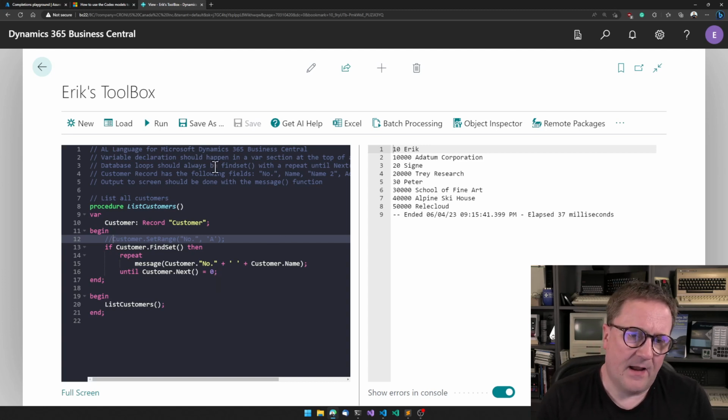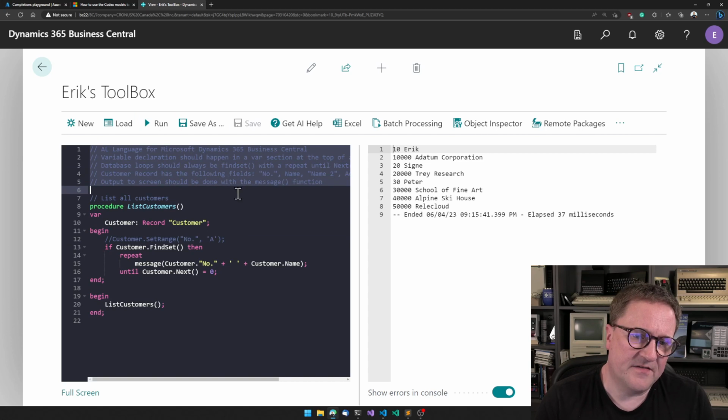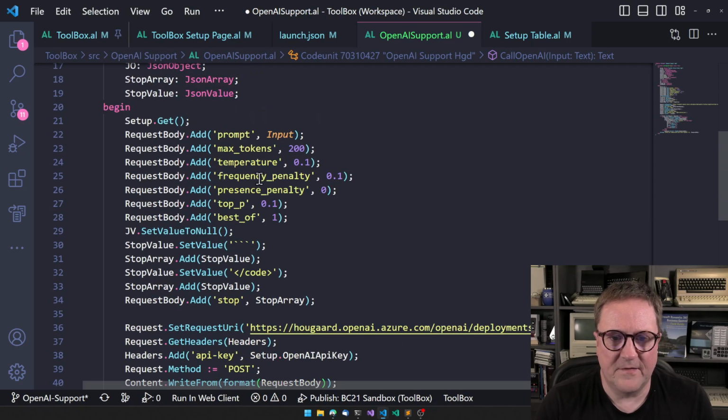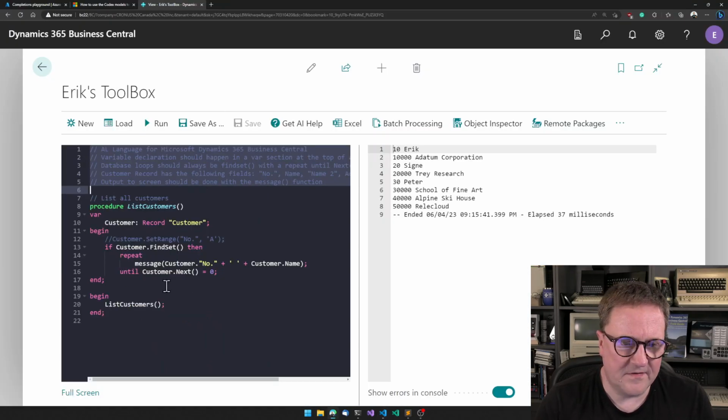And I think when I get an acceptable set of instructions up here, I need to start tweaking these things. So right now it does not seem that it's creating, sure, the set range, but